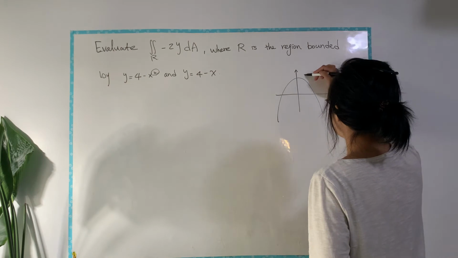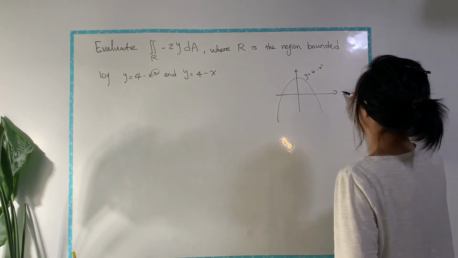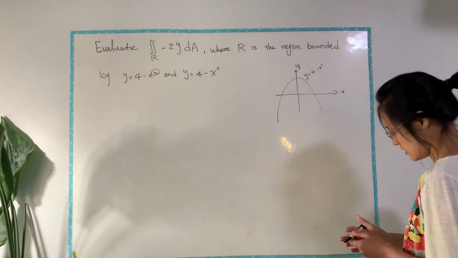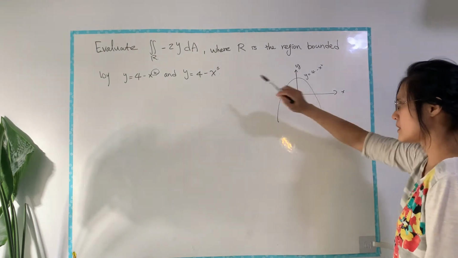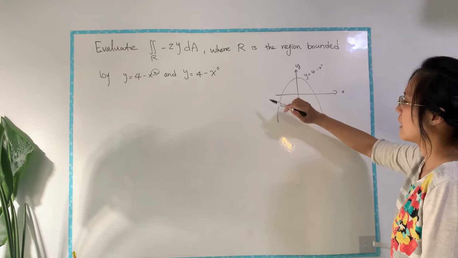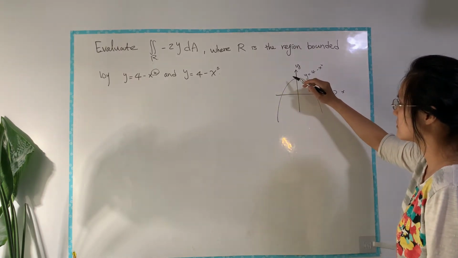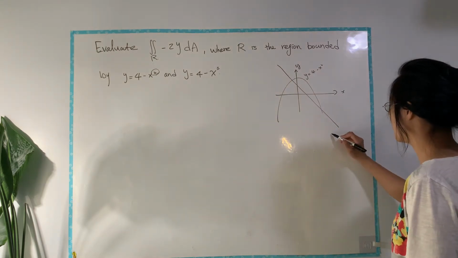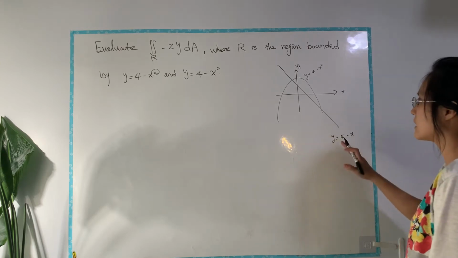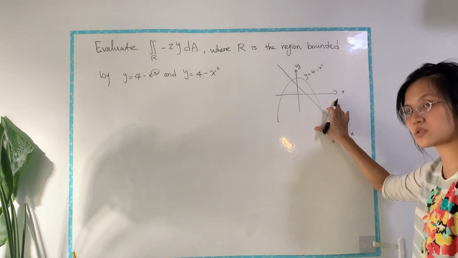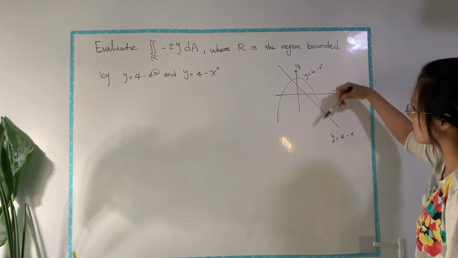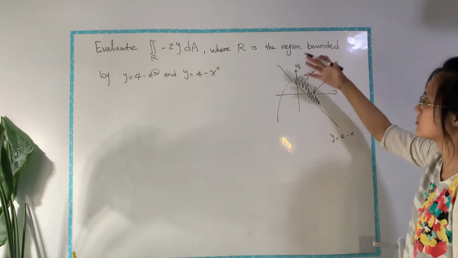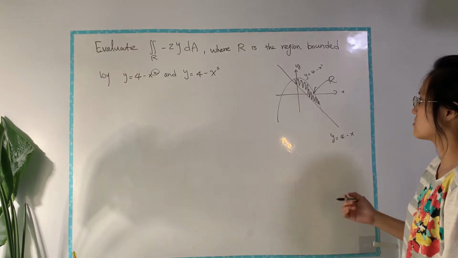So roughly speaking, I have a parabola over here. All right, and then I have a line because this is an x to the power 1 function, a polynomial of degree 1, and because of the minus sign, the minus 1 times x, I know it's gonna be a line that's looking like this. Okay, so here I have y equal to 4 minus x, and again, this graph is not accurate. This is for illustration. So over here we see that these two curves bound a region for you. So the R is this region, the region bounded by these two graphs, and our goal is to find inequalities to describe